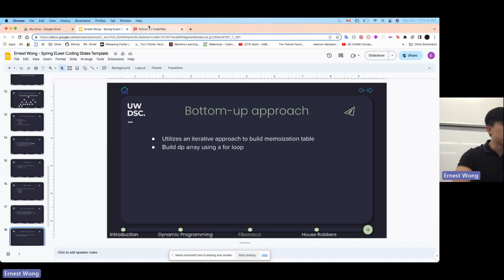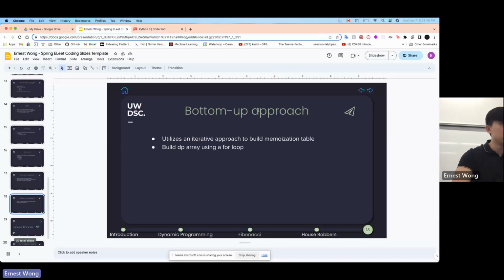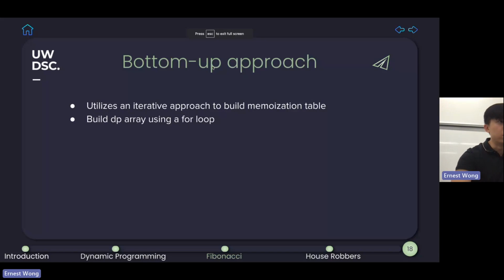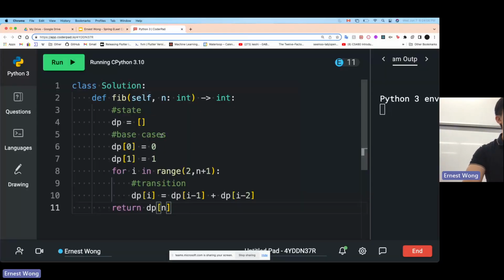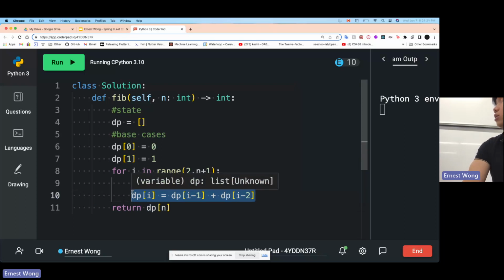All right, so in terms of time complexity, before, when we used our brute force solution, if we look over at this chart, we'll notice that this chart is going to grow exponentially. So the time complexity of our brute force solution is going to be 2 to the n. But now that we've used DP, we can figure out the answer in O of n, because we're just looping from 0 to n, and we're only doing one calculation for each n. So that's an O of n time complexity.